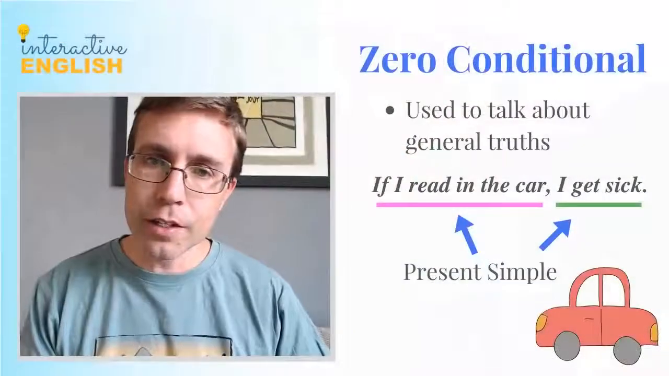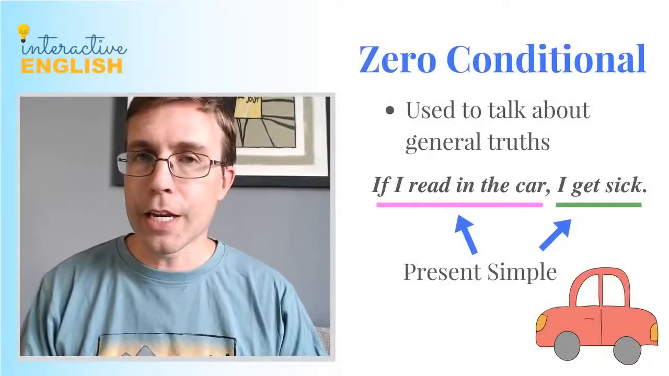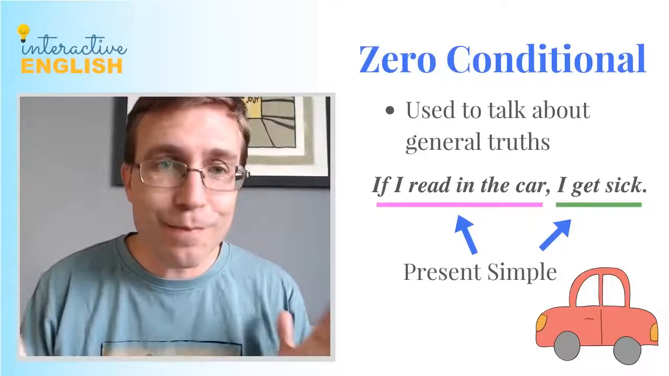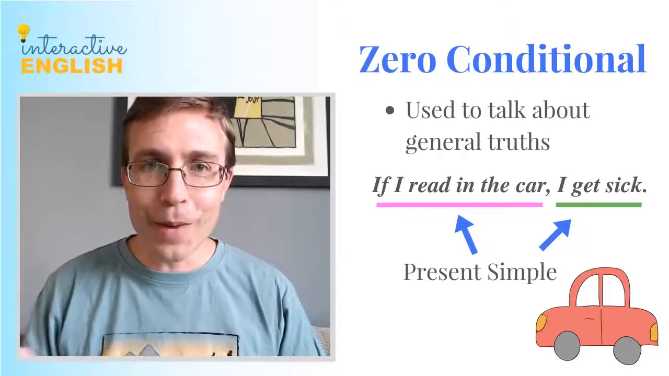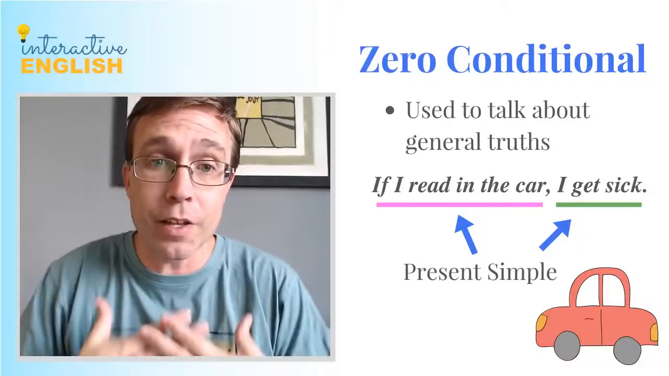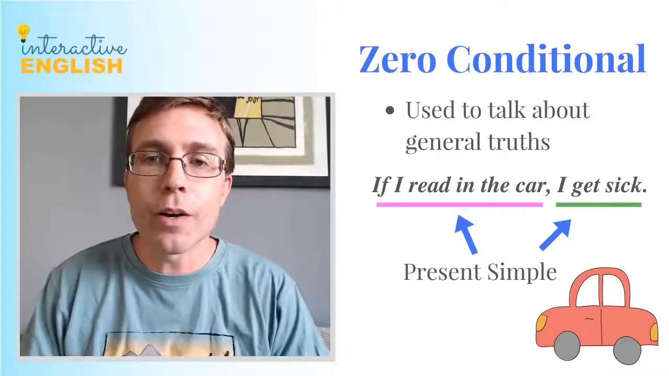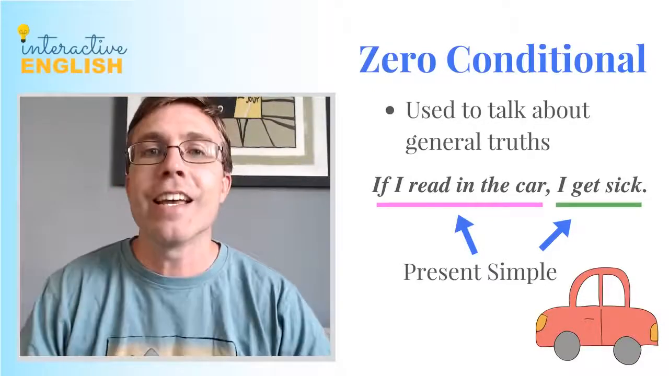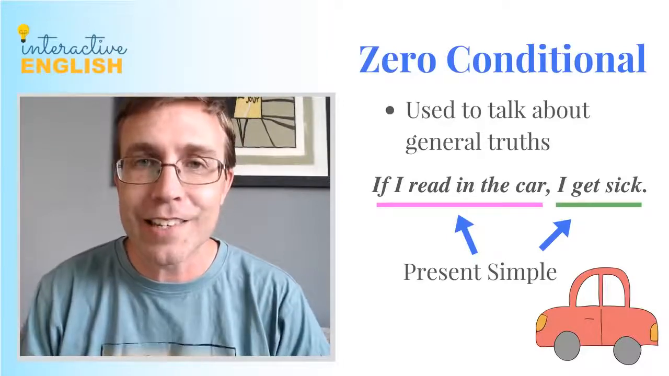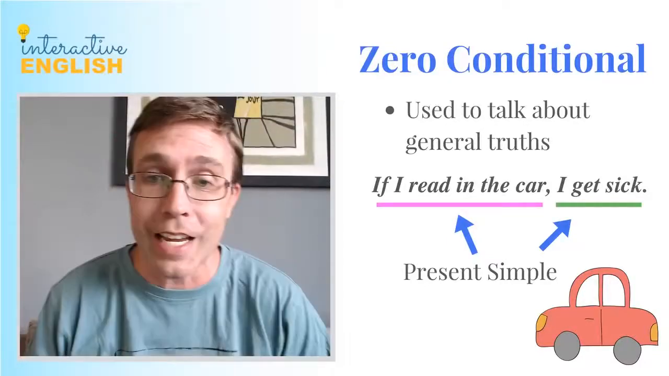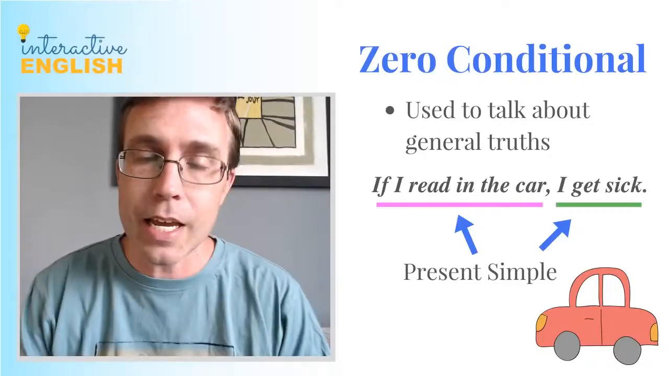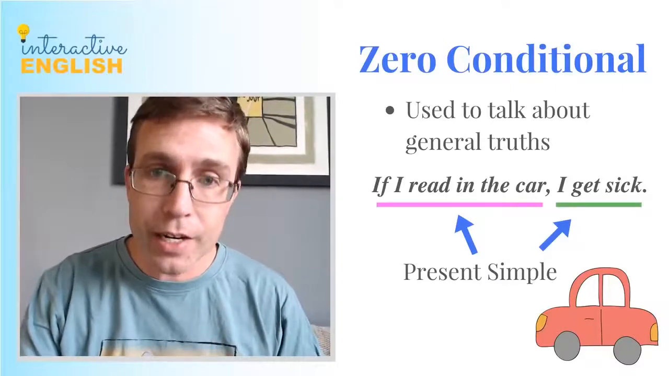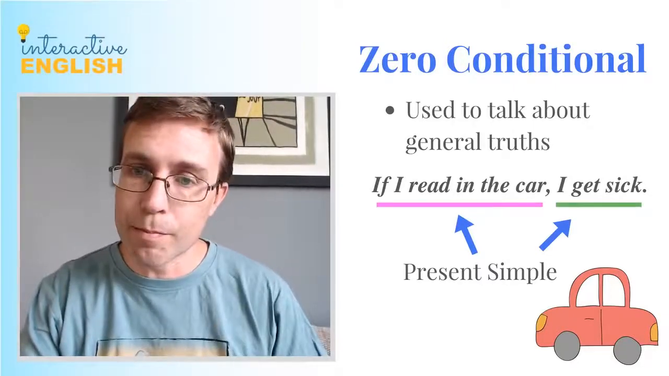So the zero conditional is used to talk about a general truth, a scientific fact. If you guys have an example sentence, please write them, all right? So my sentence, which is a general truth, it's for me. It might not be for everybody, but I might say, if I read in the car, I get sick. I could even throw an adverb of frequency in there and say, if I read in the car, I always get sick. This is true. It's true for me. And in the condition and in the result, we are going to use the present simple. You use the present simple for the condition, if I read in the car, and the present simple for the